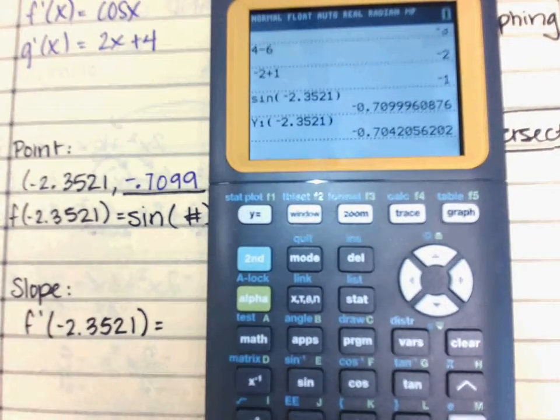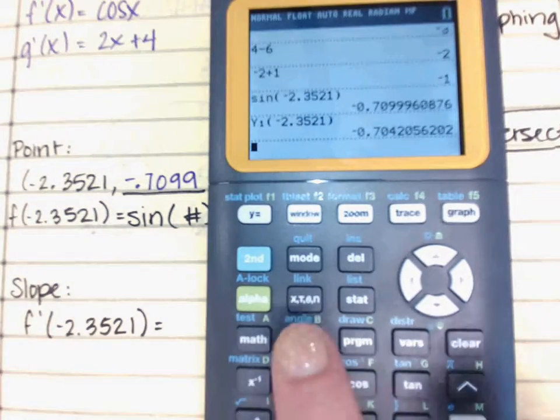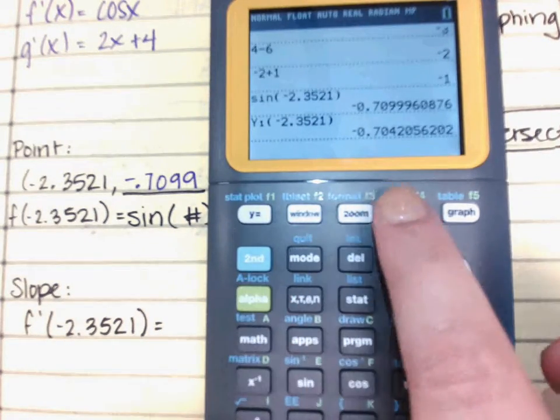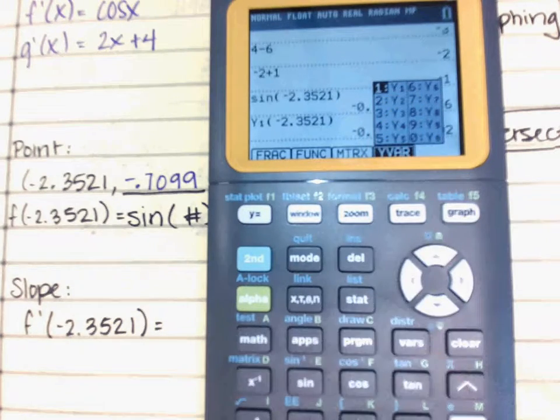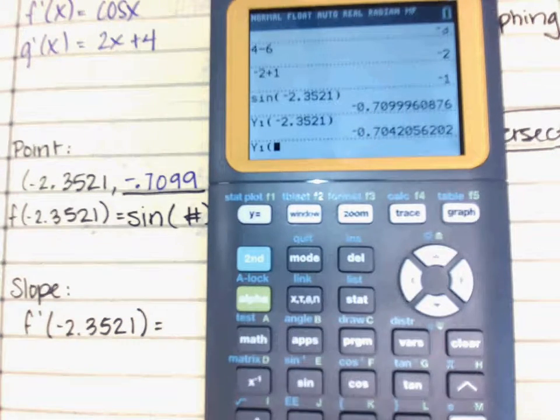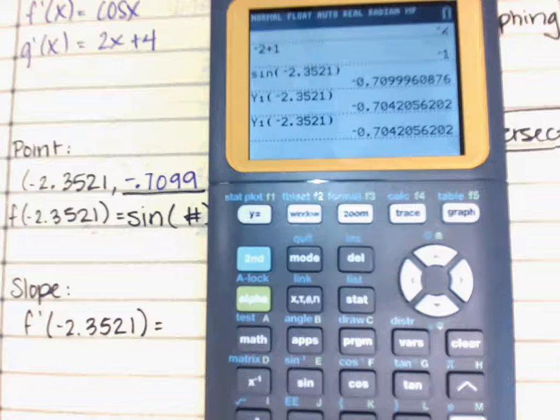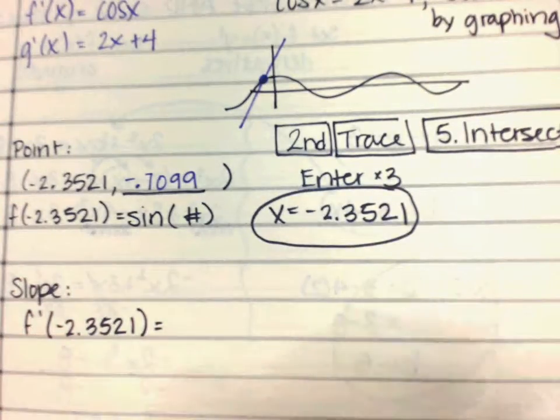Alpha trace. Yeah, so watch. One more time. You're going to push alpha trace, then pick y1 off the list, because that's what I want to plug it into. And then I'm going to type in the decimal I want to plug in. It's not going to be on the quiz, is it? No, but it will be on your next test. And also keep in mind, you could have just typed in cosine the number and gotten the answer that way too. Okay? So that's my slope,